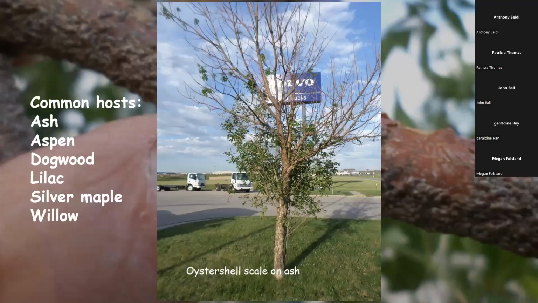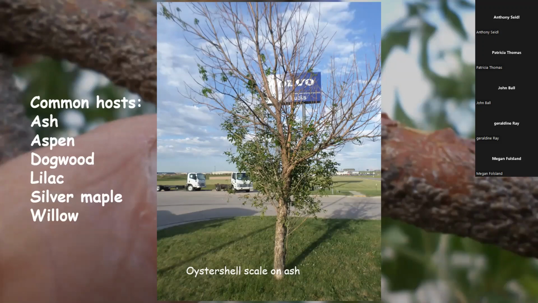Oh, now look at that. That is an ash tree in Rapid City, South Dakota. It's sprouting. It has dieback. You look at that and you think, oh my goodness, it's emerald ash borer. And then you get up close and it was literally covered with oyster shell scale. Now, oyster shell scale was serving as a secondary pest on here, and the trees were also being attacked by our native clearwing ash borer. So quite often these will work in concert with another insect to finish off the tree, but literally these are dying.